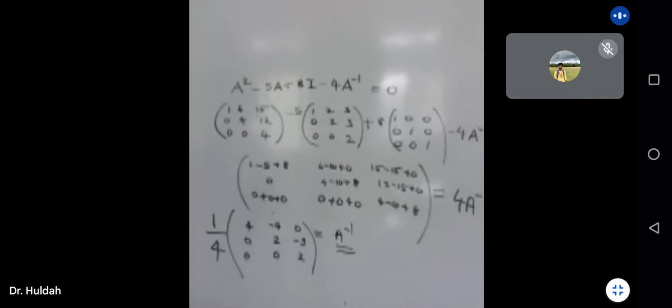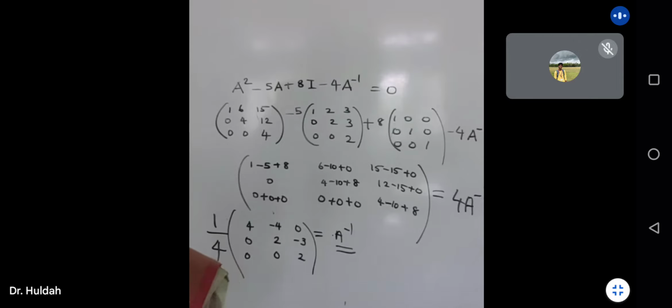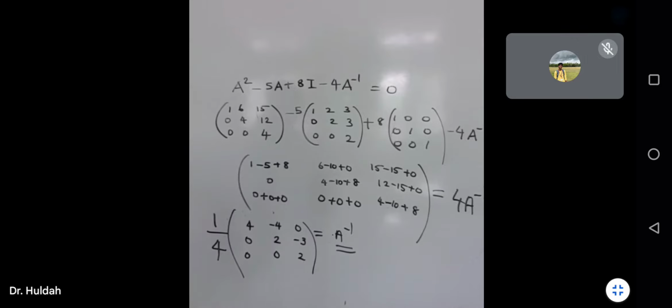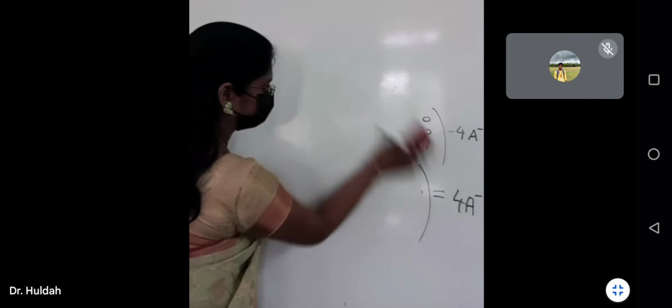We'll just take another 2 by 2 matrix. So this is again important from the exam point of view. In part C, they'll ask you this question: verify Cayley-Hamilton theorem or find the inverse of a matrix. 20 marks question easily fetches you marks. Easy to calculate, but be careful with your calculation. We'll do a 2 by 2 matrix. And with this, we finish our first unit. So from the next class onwards, I'll start with the second unit.